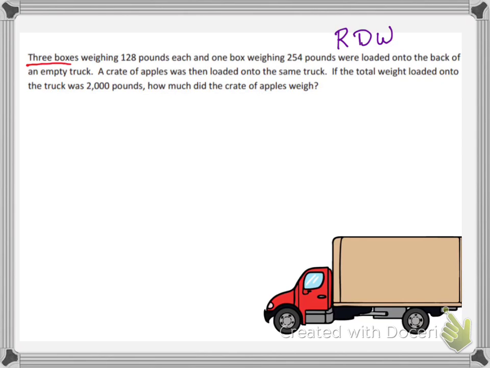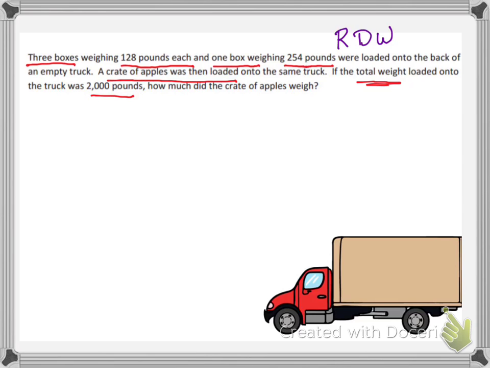So there are 3 boxes, and they're weighing 128 pounds each. And then there's 1 box weighing 254 pounds. And then they say a crate of apples was then loaded, but they don't give us the number for that. And they're giving us the total weight of 2,000 pounds. So 3 boxes weighing 128 pounds each, and 1 of them weighing 254 pounds, were loaded onto the back of an empty truck. A crate of apples was loaded onto the same truck, and they're giving us the combined weight